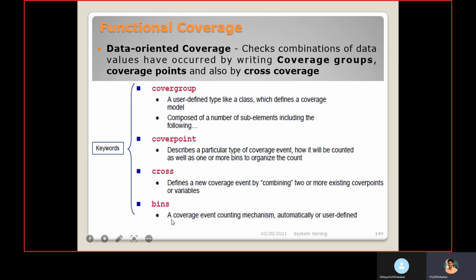Bins are a coverage event counting mechanism, automatic or user defined. The bins can be defined by us, or if we don't mention anything inside the cover point, bins will be automatically created for the particular cover point event.